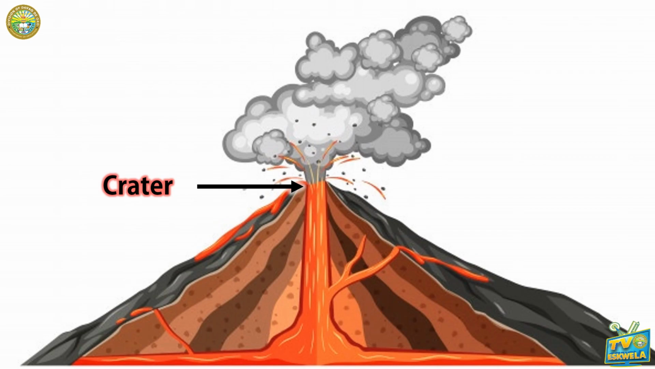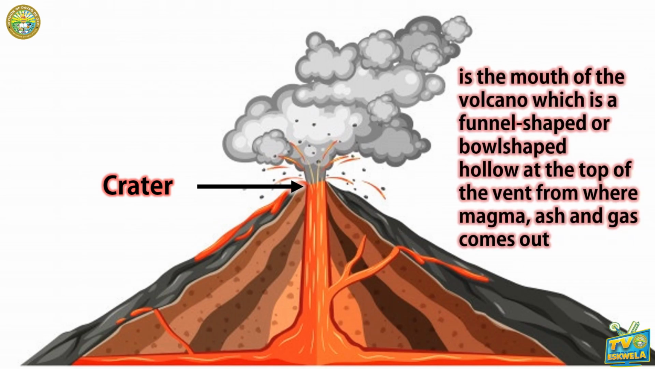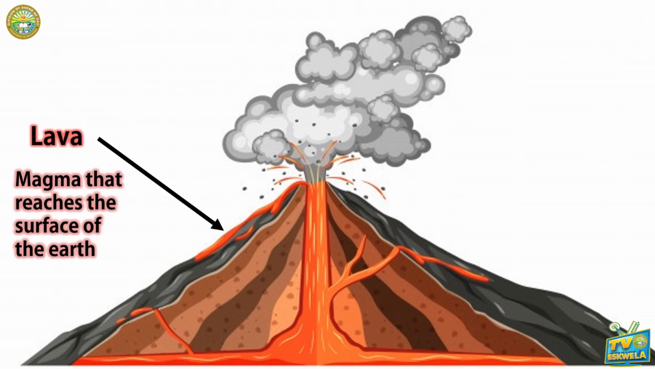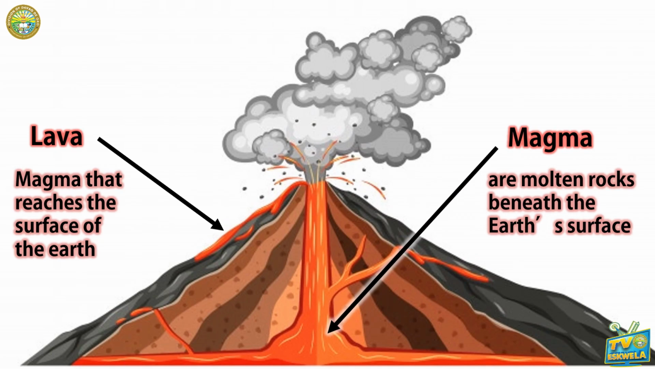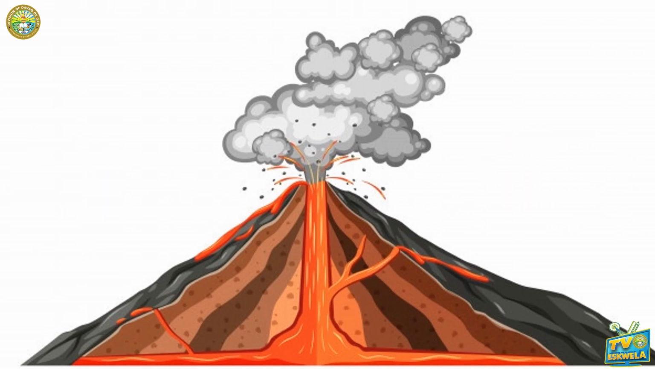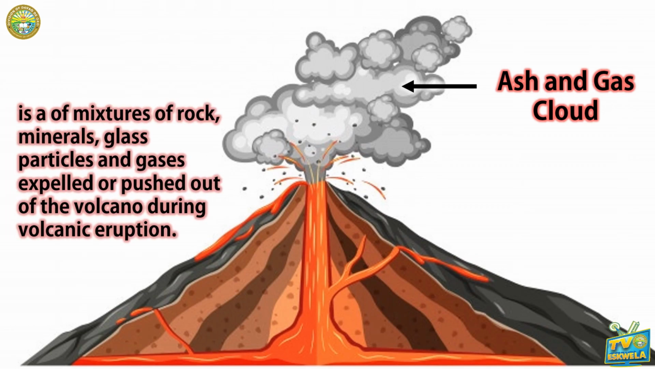Crater is the mouth of the volcano, which is a funnel-shaped or bowl-shaped hollow at the top of the vent, from where magma, ash, and gas comes out. Lava is magma that reaches the Earth's surface, while magma is molten rock beneath the Earth's surface. Ash and gas cloud are mixtures of rock, minerals, glass particles, and gases expelled or pushed out of the volcano